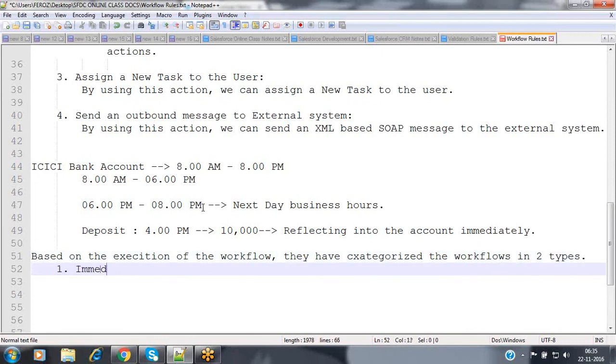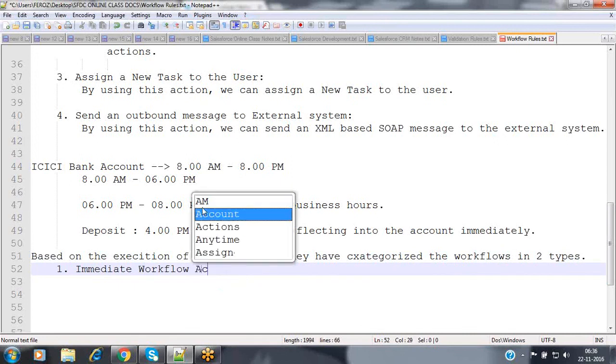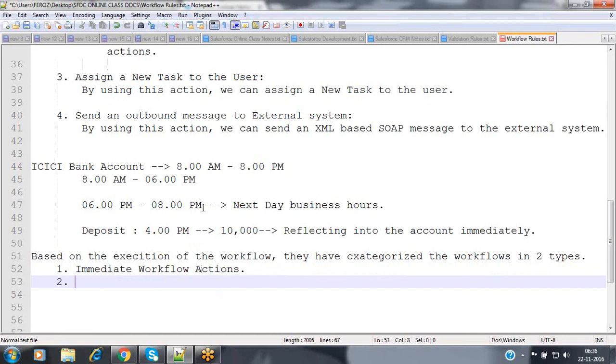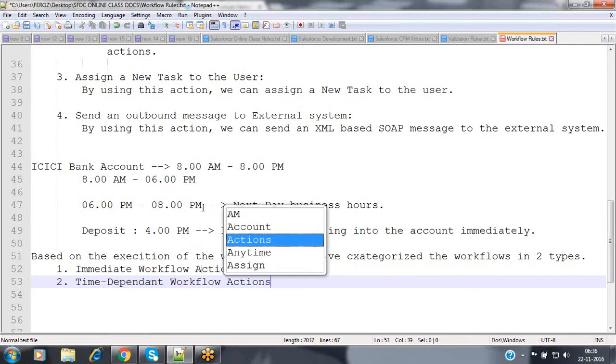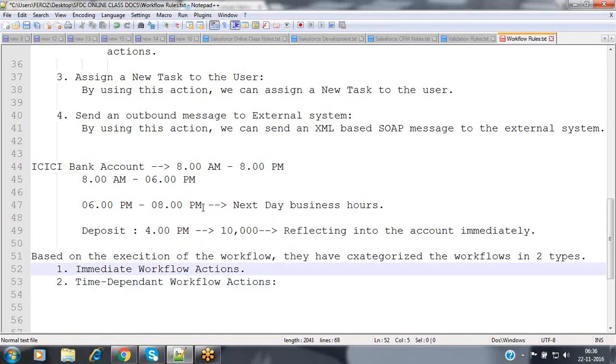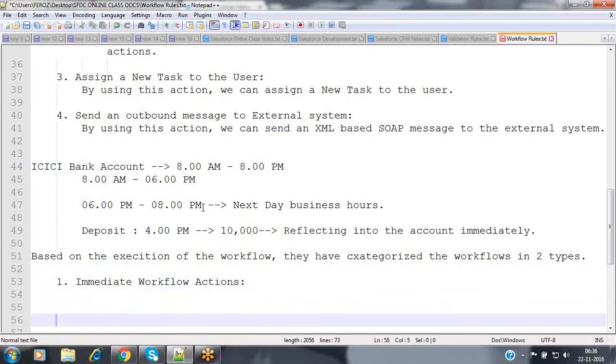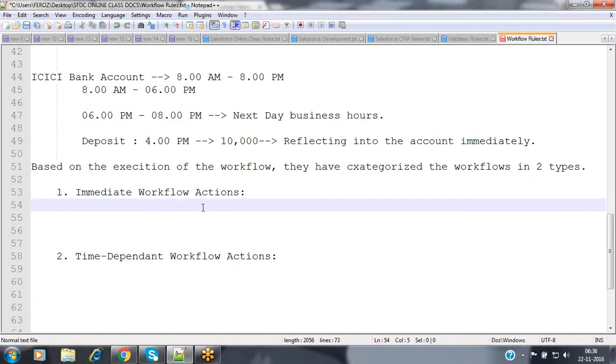The first one is immediate workflow actions, and the second one is time dependent workflow actions. These are the two types of workflow actions available here.